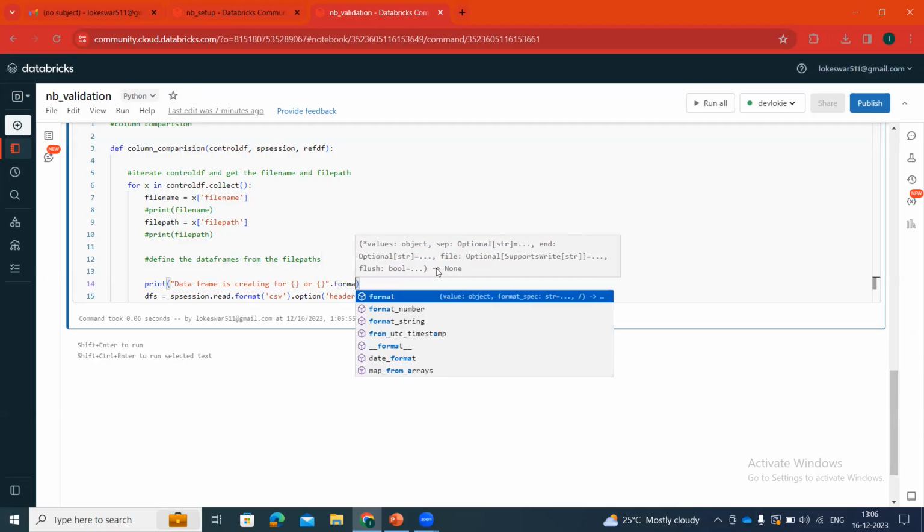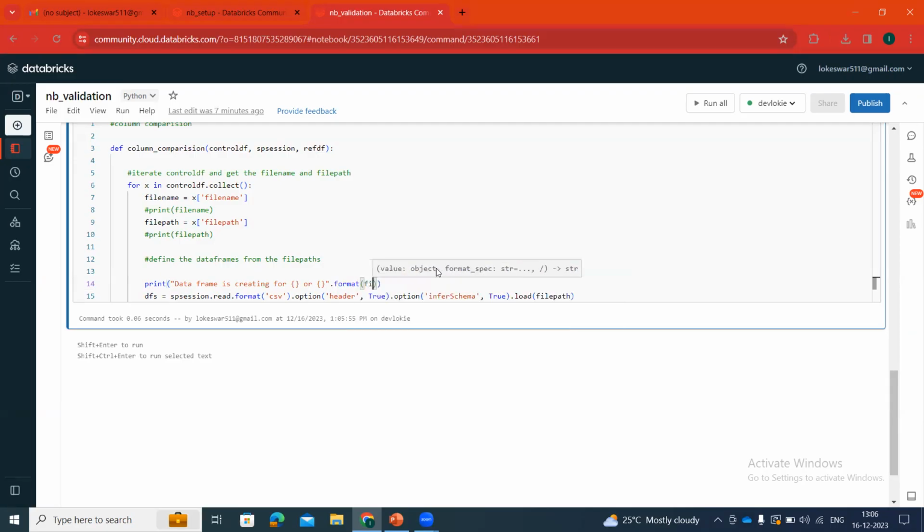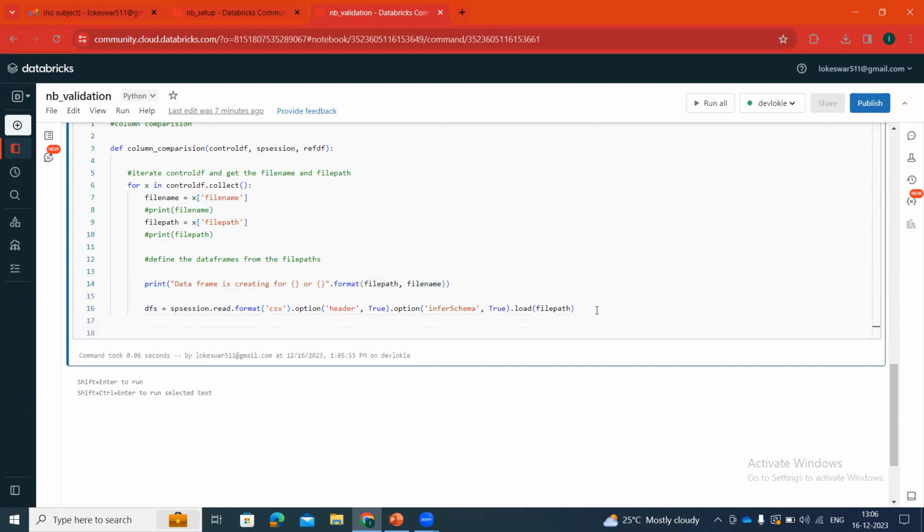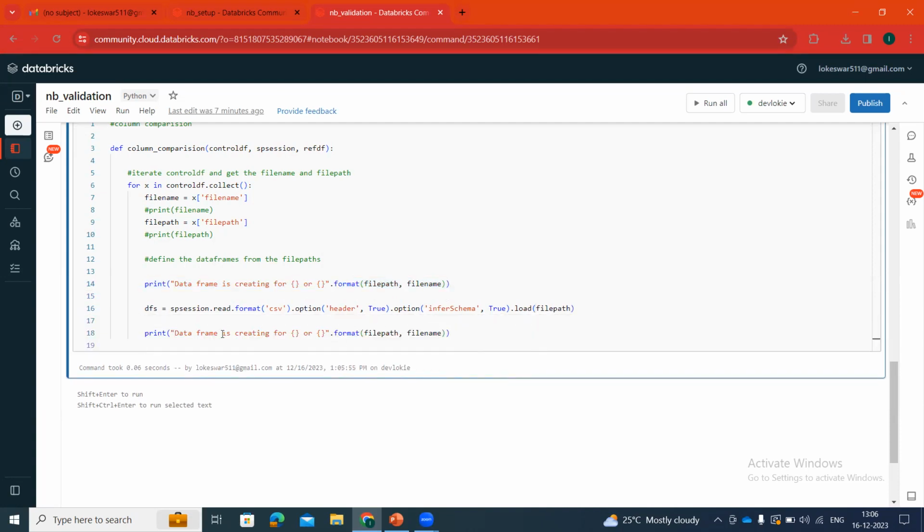Okay, dot format, file path, file name. Okay, now again copy this one. It is not required, I am showing. But the data frame is created, right? DF created, data frame created. Okay,